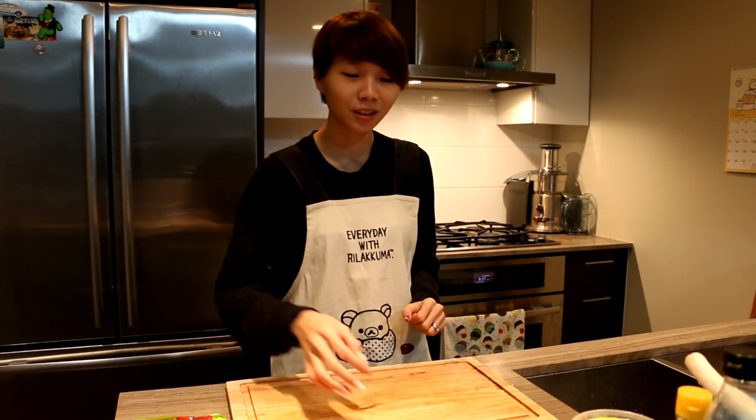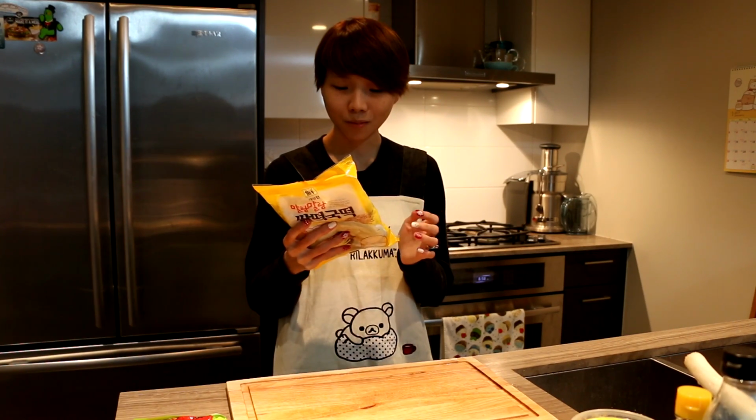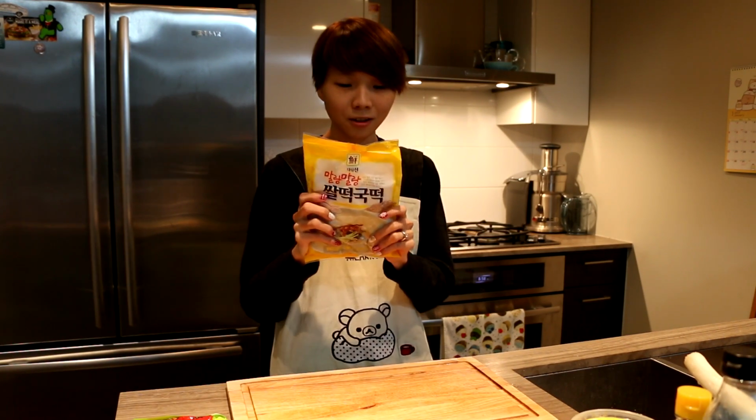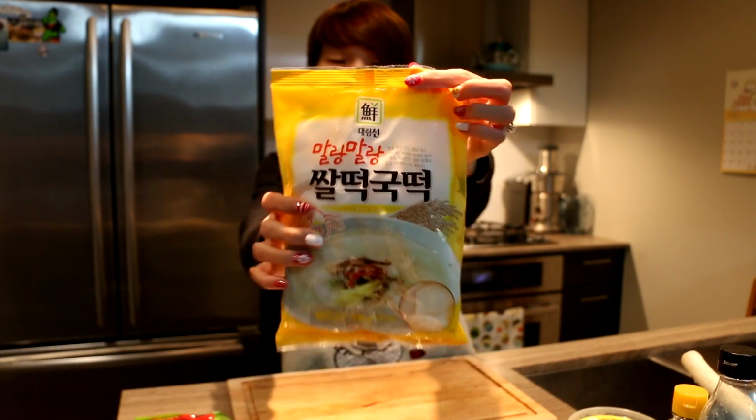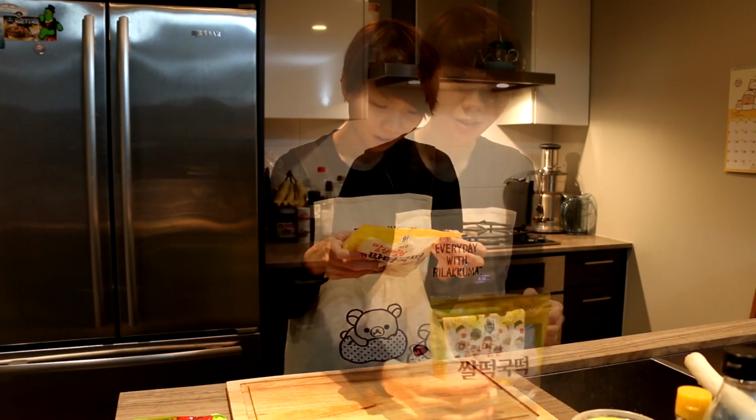But Ddok is basically the traditional New Year's food, and the main ingredient that you need, which you might have trouble finding, is Korean rice cake. So this is what I'll be using here. It says rice cake. I'll show you the ingredients one by one. You need